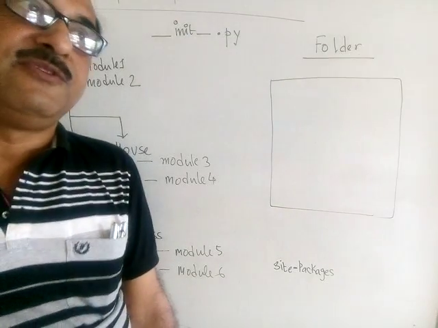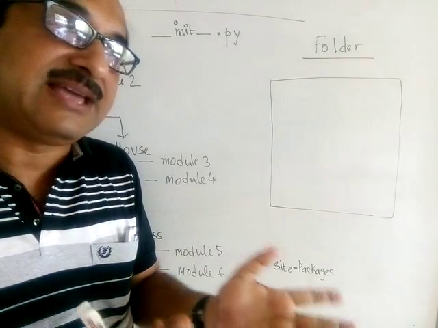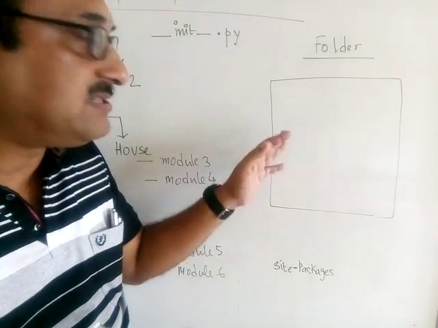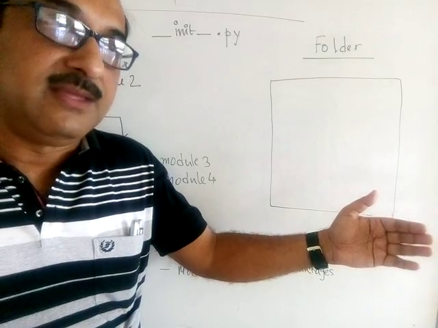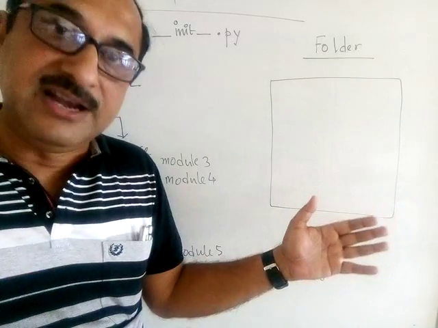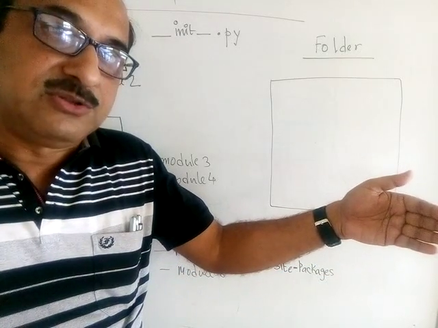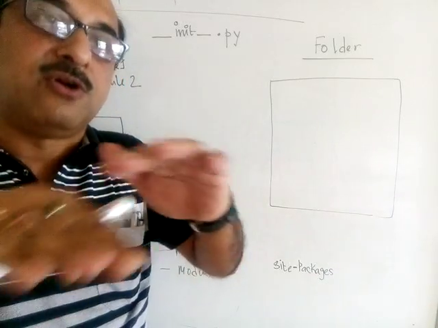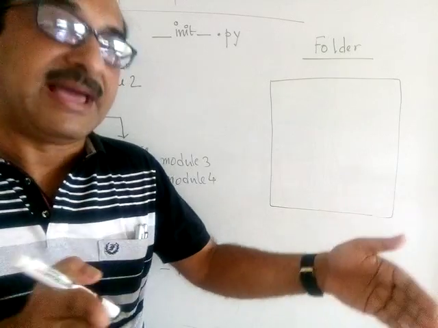Now, in this video we will see how we can make a package or a library. I told you package and library are similar words. What is a package? A package will contain many modules together. Supposing you have 5 related modules and you want all those 5 modules to be together under a common namespace. They should be called by a single name. Then what you can do is put them into a package.